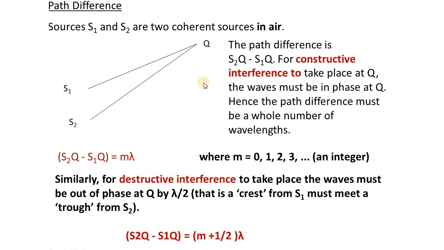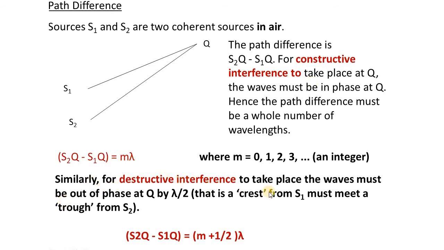There are two types of interference that you know: constructive interference and destructive interference. First we'll discuss constructive interference. For constructive interference to occur, or to get a bright band at the point Q, the path difference should be an integral multiple of the wavelength, where m stands for the integral multiple. m can have values 0, 1, 2, 3, etc. So S2Q minus S1Q is equal to m lambda, which gives you a bright band, standing for constructive interference.